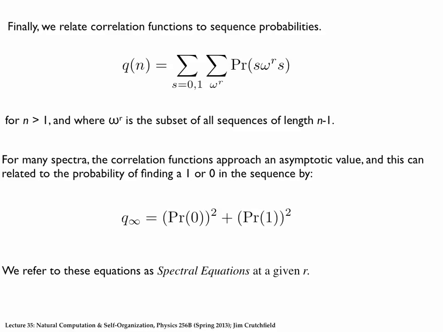And finally, I want to invoke another fact that has to be true. The easy way to see that this is true is to define something called Q infinity. Let's assume that the sequence, unlike the Thue-Morse sequence, has correlation functions that go to some asymptotic value. And in nature, this happens. We see this frequently. It turns out then that if I get far enough away, the process essentially loses its